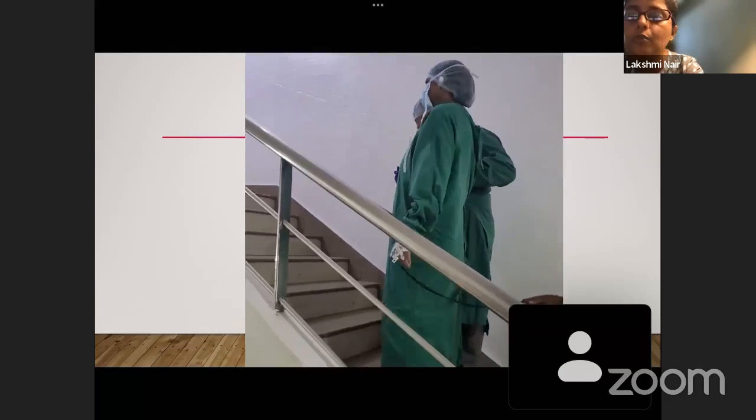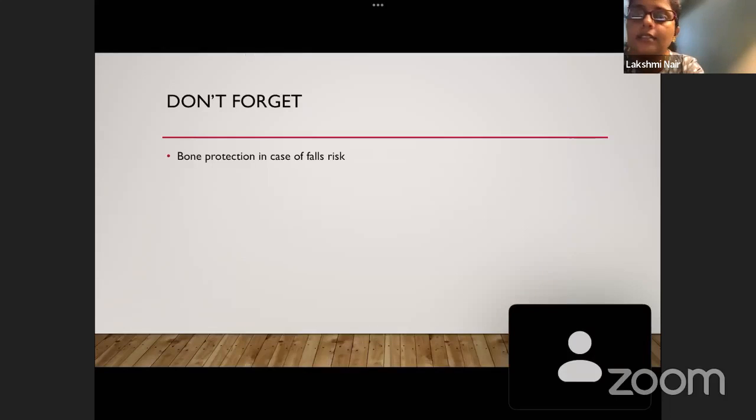For patients who are restricted to a single room like this, we need to think about bone protection. They are at high risk for fractures. On top of the low vitamin D, they will have steroids worsening the osteoporosis. So make sure you educate them on spinal precautions: sitting straight, avoiding stooping, avoiding twisting movements. In case they report any spinal pain, take it seriously and investigate. Avoid lifting weights, at least for the first 6 months until they regain strength.